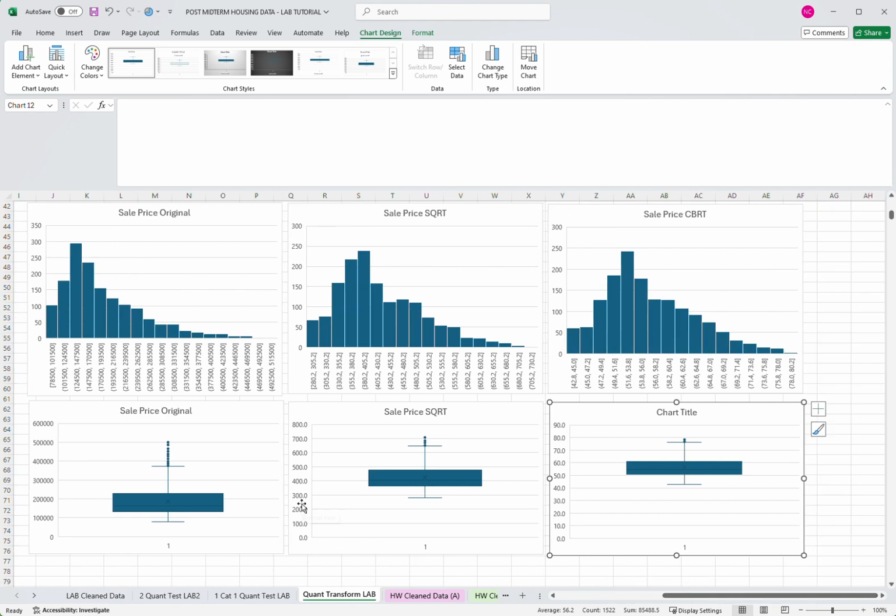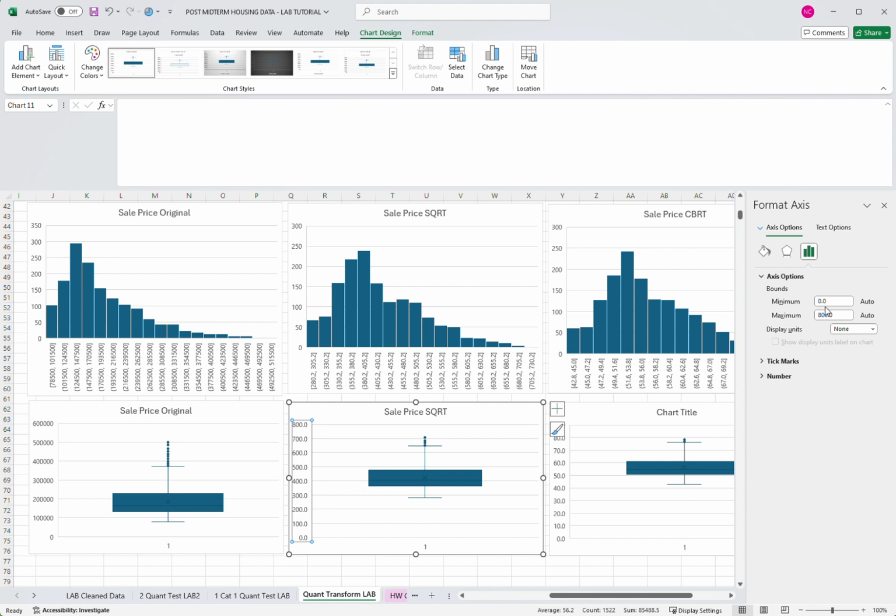We want to adjust these axes so that it's more evenly spread out in the plotting space. It's easier to look at. Okay, so with the square root transformation, we see the number of outliers decreasing, we see the mean and the median becoming closer together, and we see a more